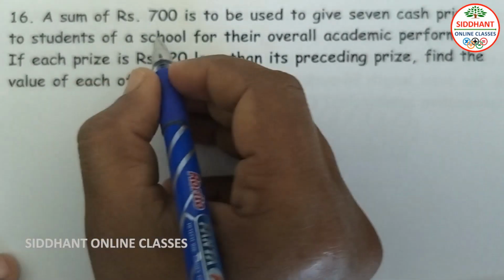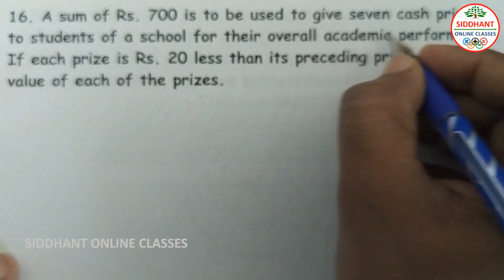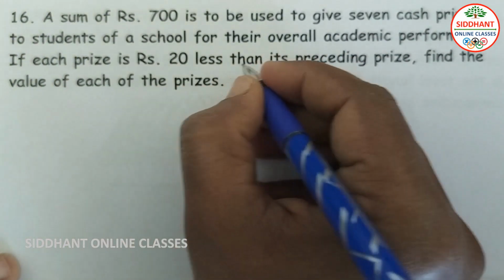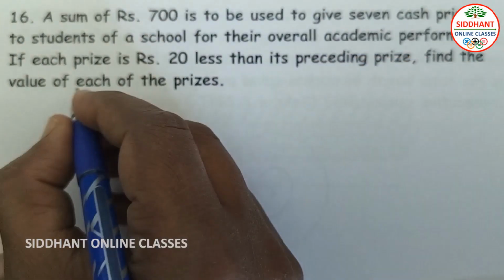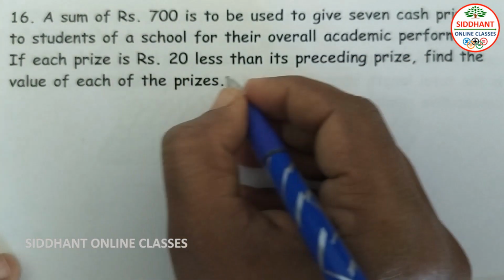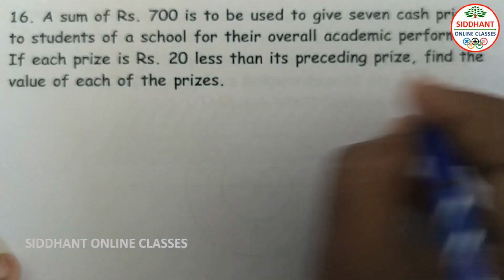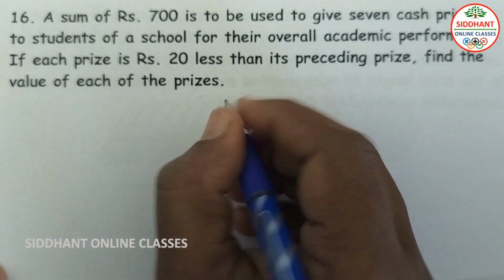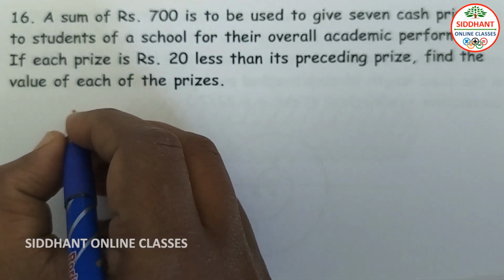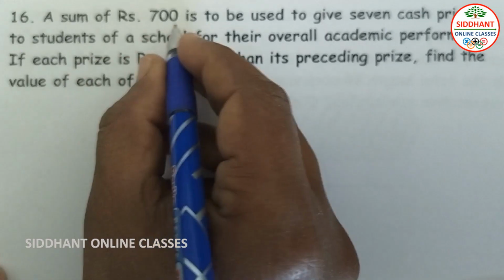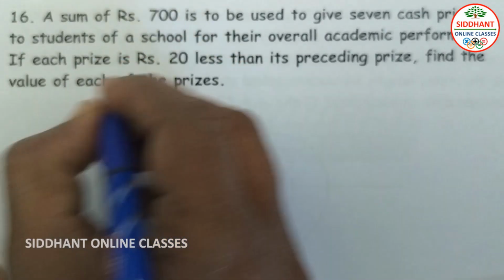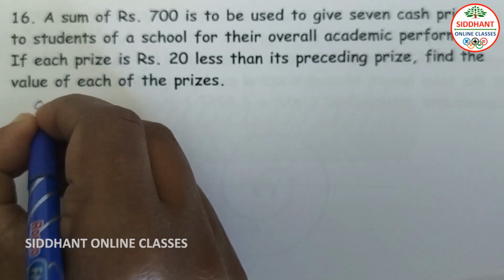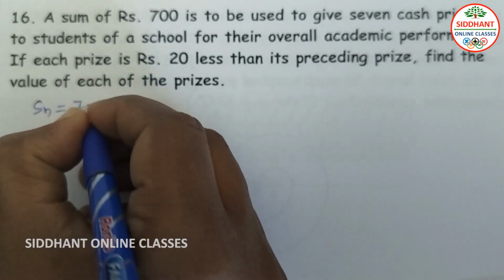Question number 16. A sum of rupees 700 is to be used to give 7 cash prizes to students of a school for their overall academic performances. If each prize is rupees 20 less than its preceding prize, find the value of each of the prizes. So here the information given, the sum of the prizes is 700. That means here Sn is equal to 700